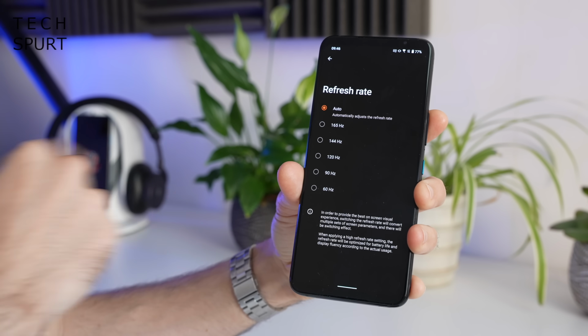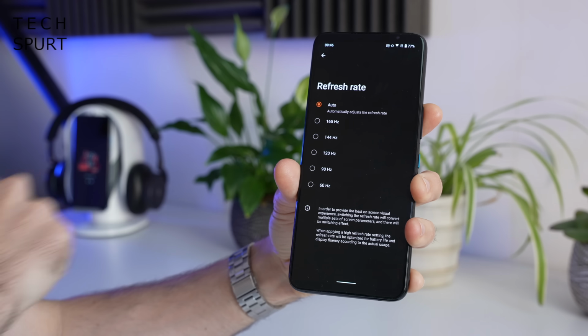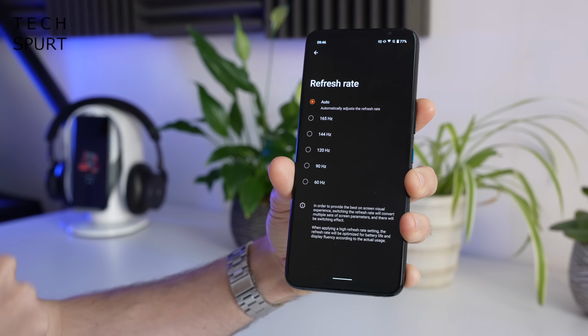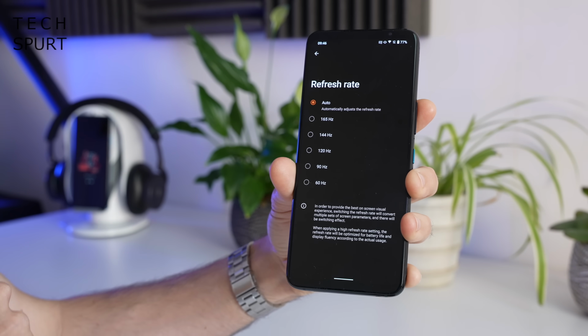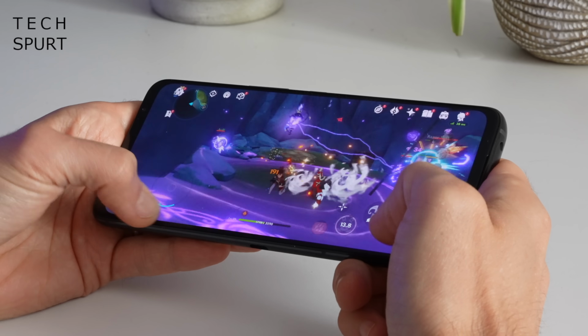One upgrade is the refresh rate, which now tops off at 165Hz compared with the previous generation's 144Hz. As you can see there, you can leave it in auto mode, otherwise you can scale it between one of 5 different levels. The ROG Phone 6 series also supports 720Hz touch refresh, and I've got to say I did